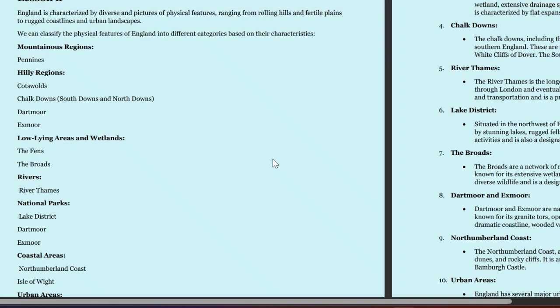While continuing, we can say England is characterized by diverse and picturesque physical features, ranging from rolling hills and fertile plains to rugged coastline and urban landscape. So we can classify the physical features of England into different categories based on their characteristics. For example, mountainous regions: Pennines; hill regions: Cotswold, Chalk Downs, South Downs; Dartmoor and Exmoor; low-lying areas and wetlands,